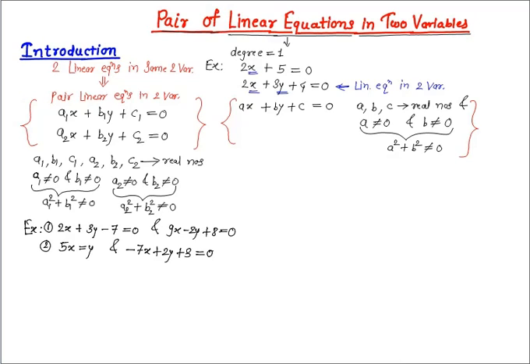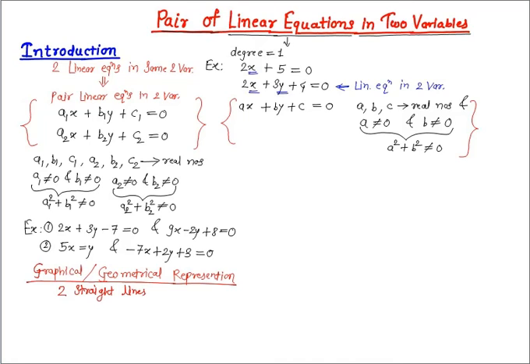Now, let's understand the graphical or geometrical representation of these linear equations. Do you know what they look like geometrically? Recall that we studied in class 9th that the geometrical or graphical representation of a linear equation in two variables is a straight line. Can you now suggest what a pair of linear equations in two variables will look like geometrically? There will be two straight lines, right? Two straight lines to represent a pair of linear equations.